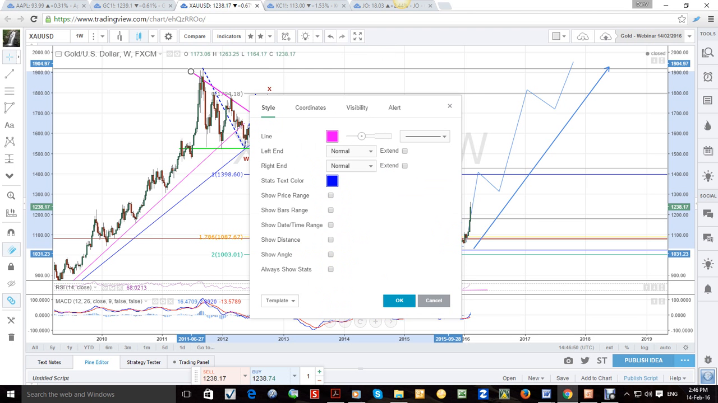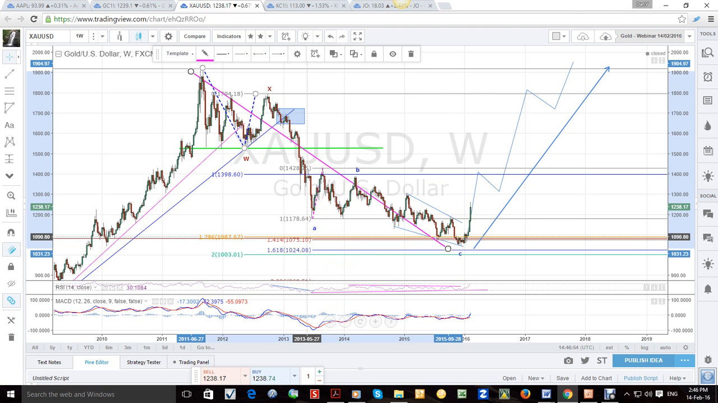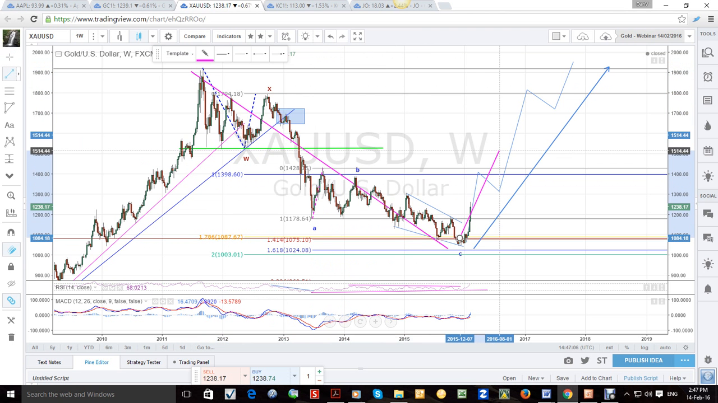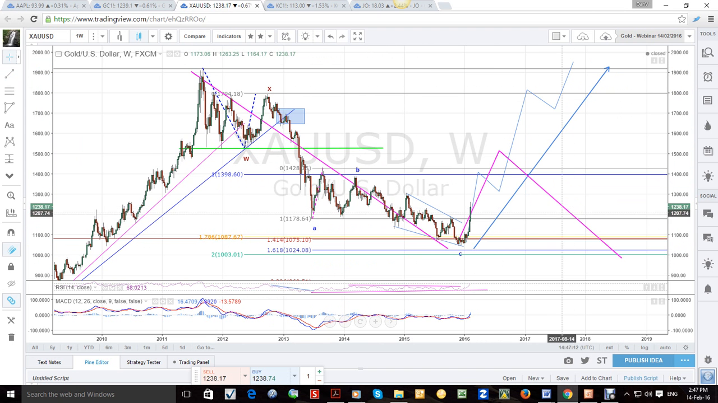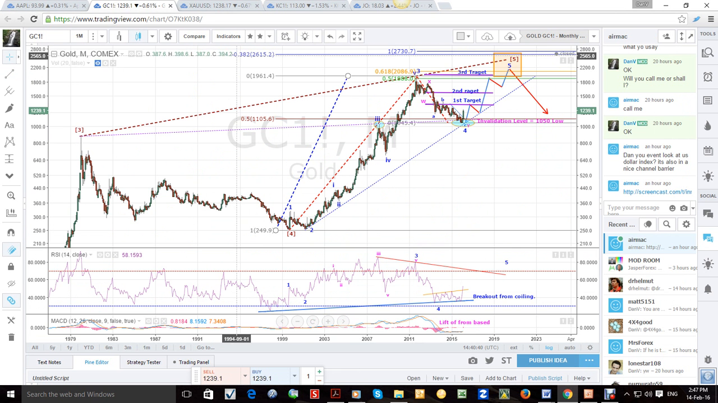Okay, so this WXY, W here, X and Y, with A, B and C as one larger wave, then the alternate would be that we would go back and then drop on the next leg. Now I don't know which of the two, but I am currently favoring the 5-wave move to the upside, and because of that you will see I have posted this particular chart just a week ago, explaining why